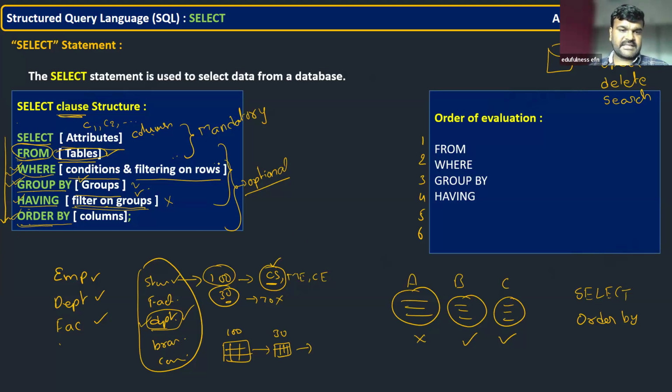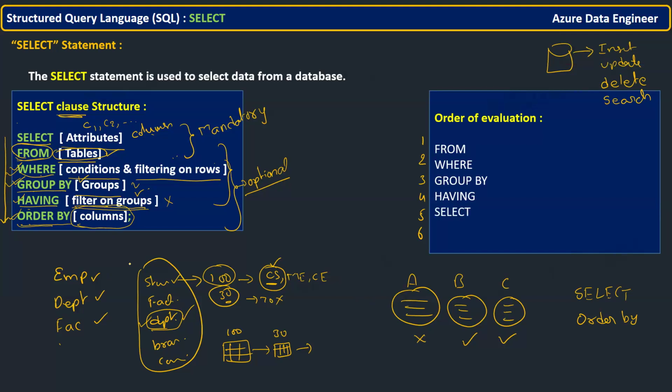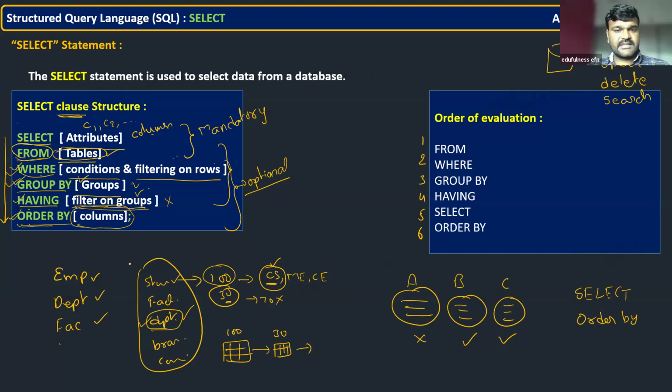Now column filtering is happening. You see the beauty. Now, which columns out of 8 columns, as we discussed, only a few columns are required for us. So which columns you need in the output and which you don't need, after selection only, then on those columns you are going to order the data in ascending or descending order. So first of all, you should decide what columns you need in the output. On top of that, order by is going to execute.